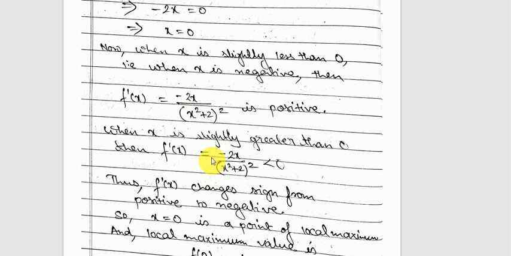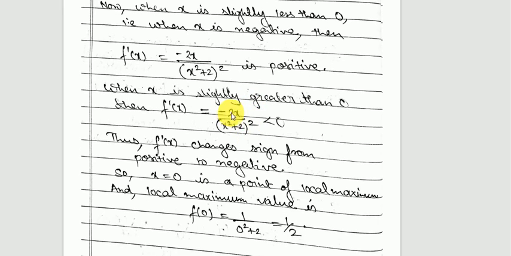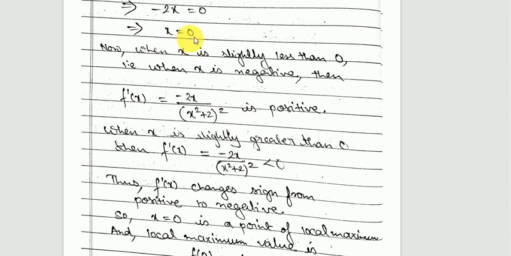Now we'll see what will be the sign of the derivative if I take a value of x little more than 0. Here in place of x, if I take a value which is little more than 0, so this will be negative only, because I have to take a positive value. So minus 2 into positive will be minus something, and down here this will be positive. That means the total will be less than 0. So the derivative will be negative if I take a value of x little more than 0, and the sign of the derivative will be positive if I take a value of x little less than 0.